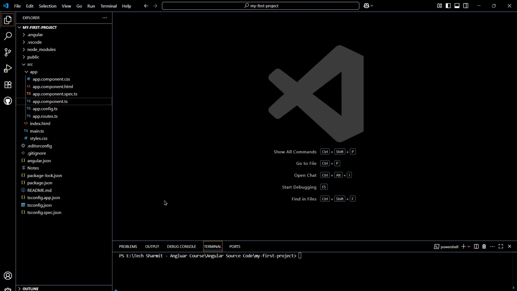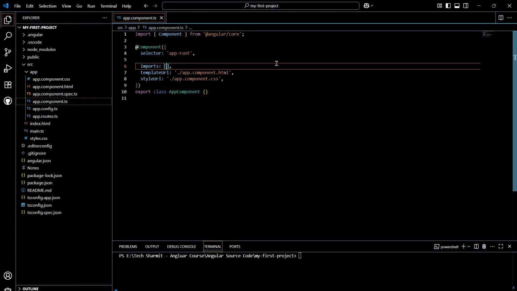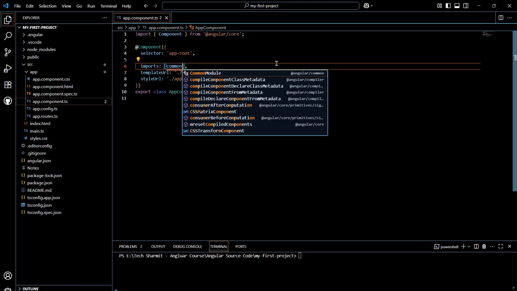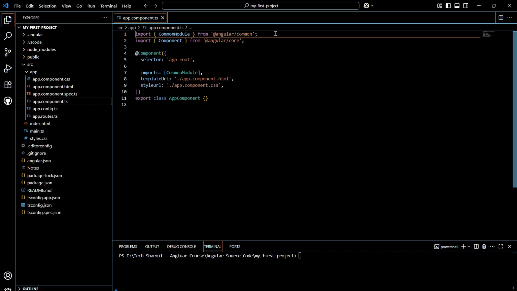The first thing that you need to do for using any pipe or any directive is to import the module, right? So to import the module, we will simply go to the app.component.ts file. Here in this TS file, we have this section where we can import the module. You can simply write CommonModule here and press enter. Once you press enter, it will add this line into your code. That means your CommonModule is successfully imported here,